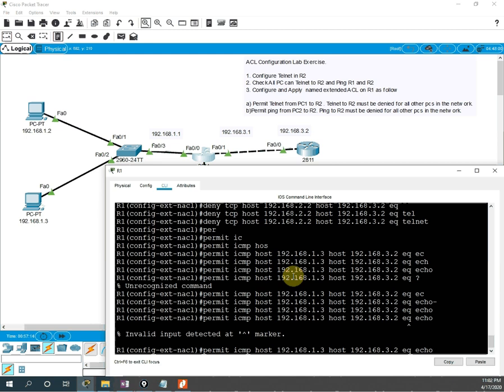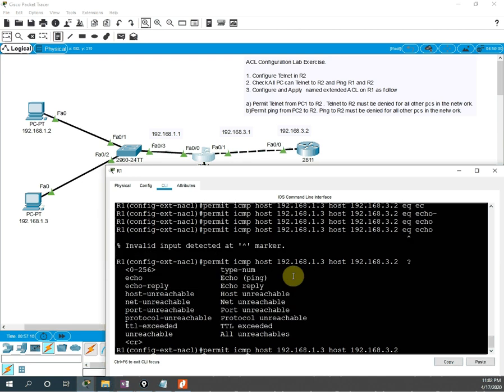Let me press question mark from here. See here, echo, no need to write equal. I am writing equal here, but here no need to write equal. If we want to assign telnet or something else, we will write that, but here we write echo directly. For pinging, for reply we need to write echo reply.